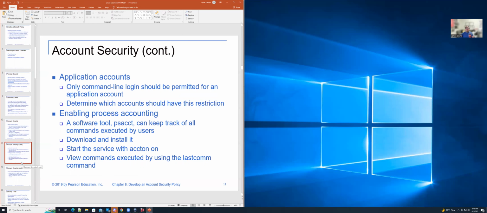Some of the other things they mentioned, like application accounting, is actually what's referred to as baselining. You should know exactly what is being run on your machines as a baseline when it comes to services, and also when it comes to your actual processes. You should also be able to read the commands being entered and what flags are being used. For example, if I was on my server and I saw netcat